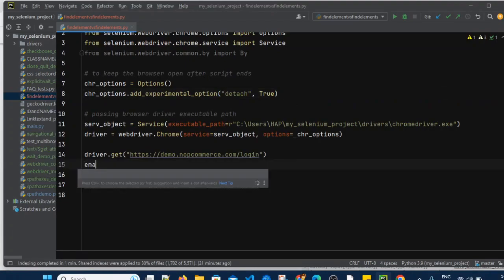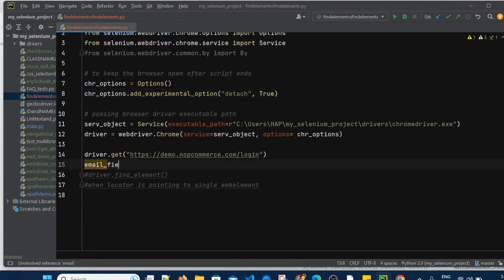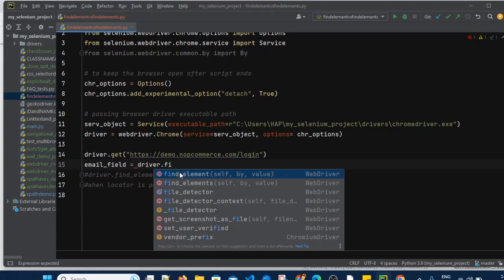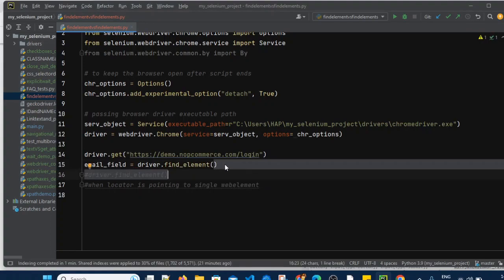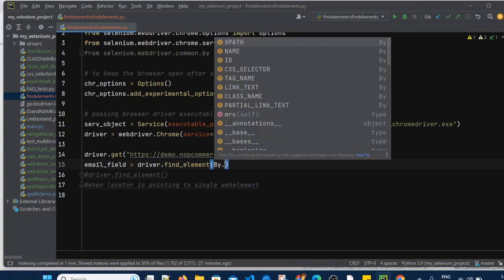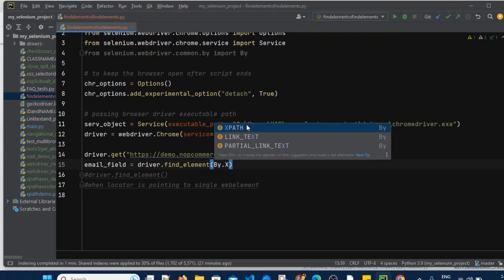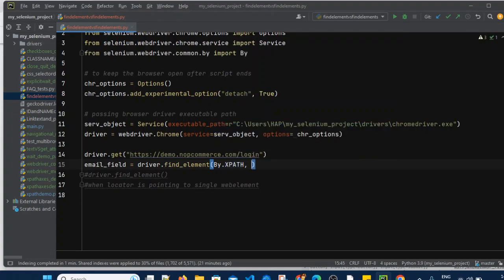Let's create one variable, email underscore field. This is the variable which we are creating. It will store the web element, which we will locate by using driver dot find element. We are using the driver dot find element method, by dot XPath, comma, and then we have to put the value of that XPath.